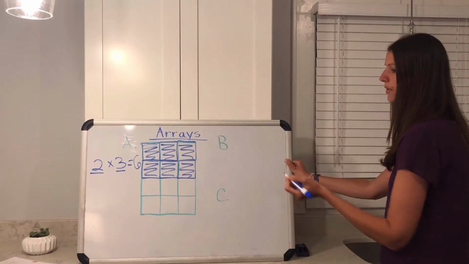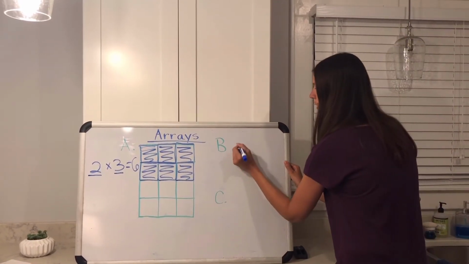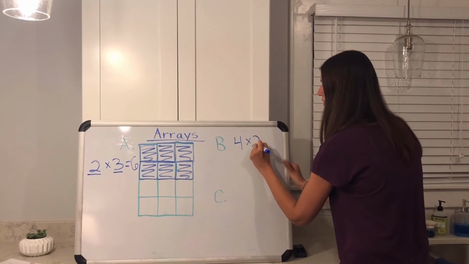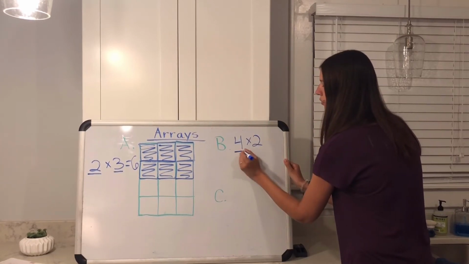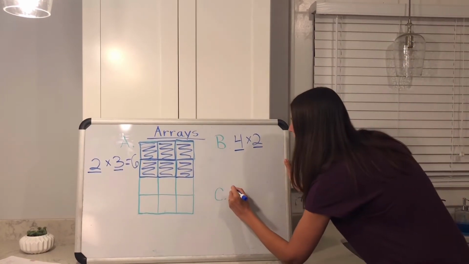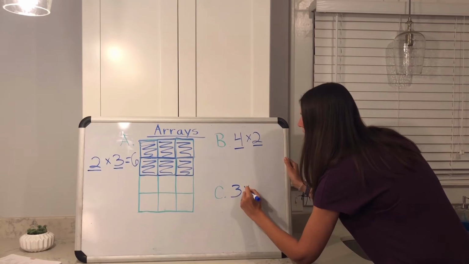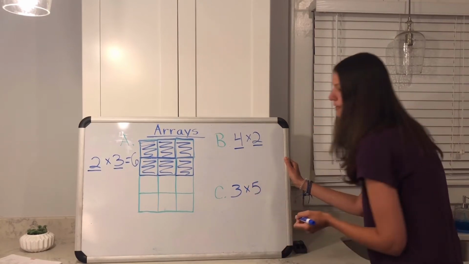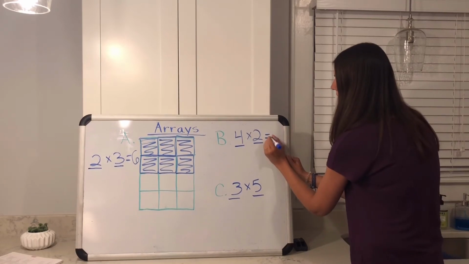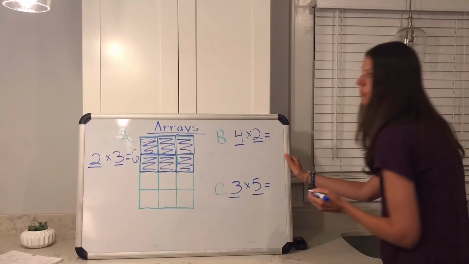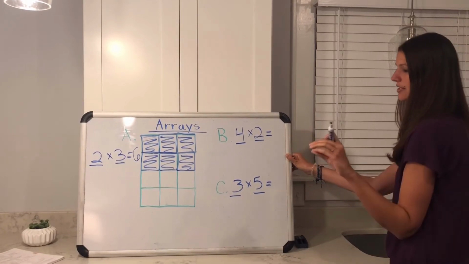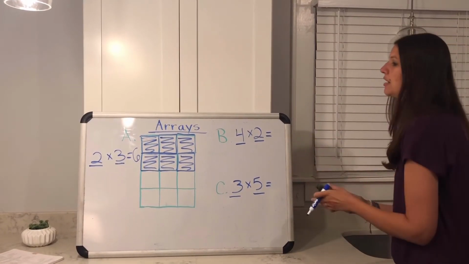For problem B, you're going to find an array that shows 4 times 2, so 4 rows of 2. And for problem C, you're going to find an array that shows 3 times 5, or 3 rows of 5. So for each one of those problems, you're going to shade in the correct amount of squares and then write the answer to each problem, and you can write that problem just right next to the letter. And then the last thing I want to talk about